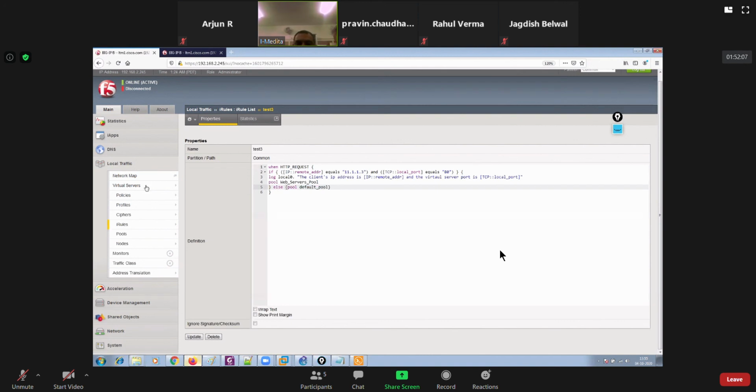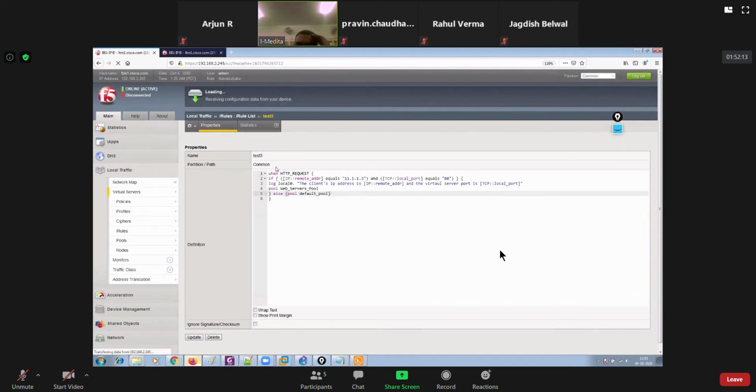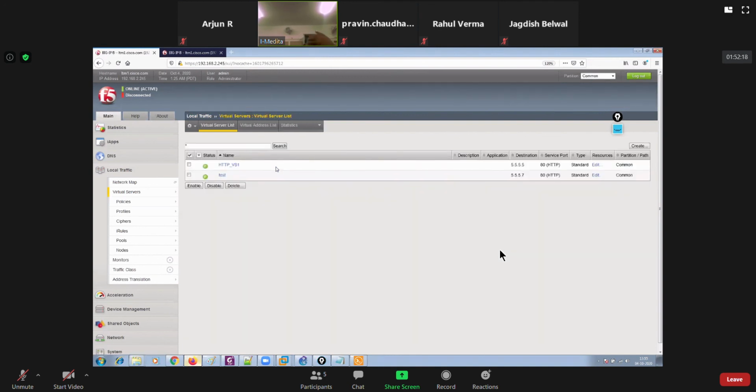Let me check my virtual server if it is configured with iRule test 3. It should be. Wait a moment. Once we are done with iRules, then I'll start with the TCP dump command, right, guys?